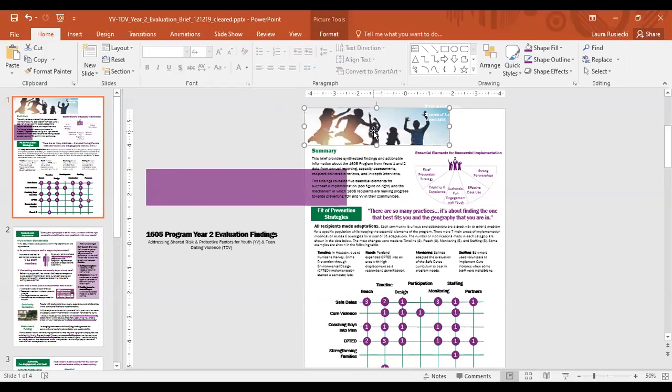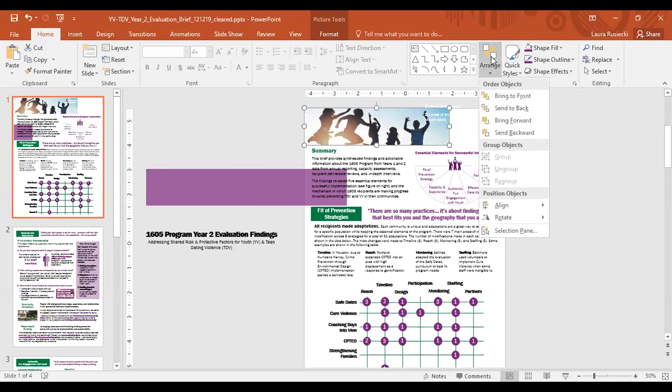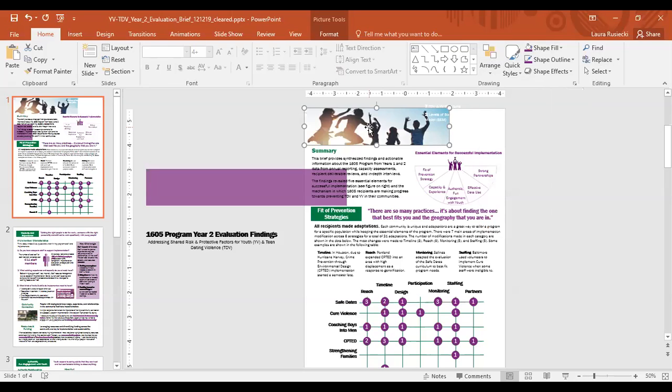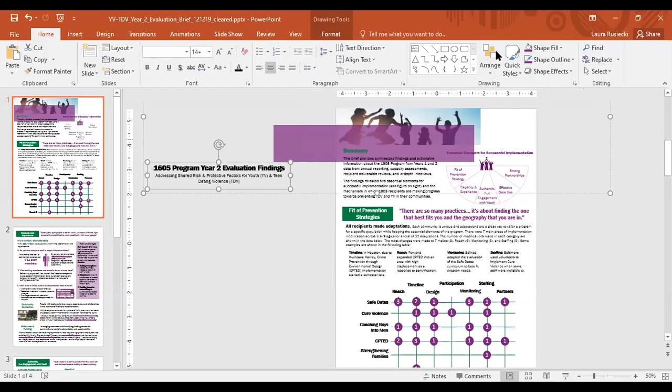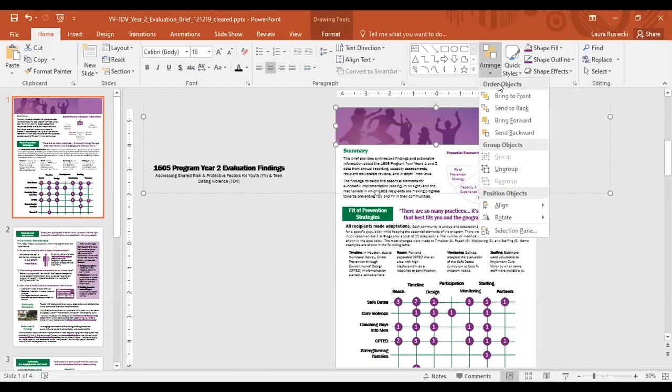There's two ways to do it, but I'll do it through this ribbon up here. You can go to Arrange and then pick whether you want it brought to the front or sent to the back. So for the picture, because I was putting these other two things on it, I sent it to the back. I have the shape that I put on top, and I arranged to make sure that it was on top. If I didn't, I'll show you what happens if I don't. So if I send that to the back,